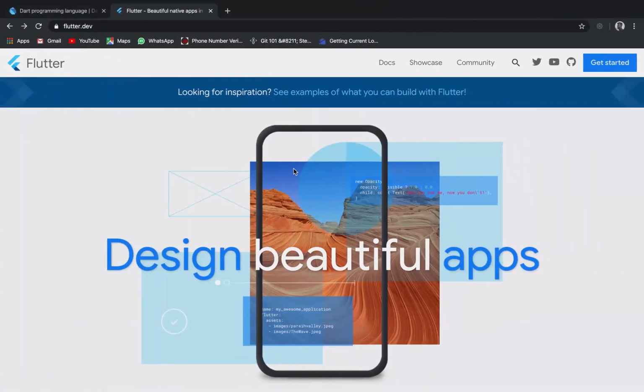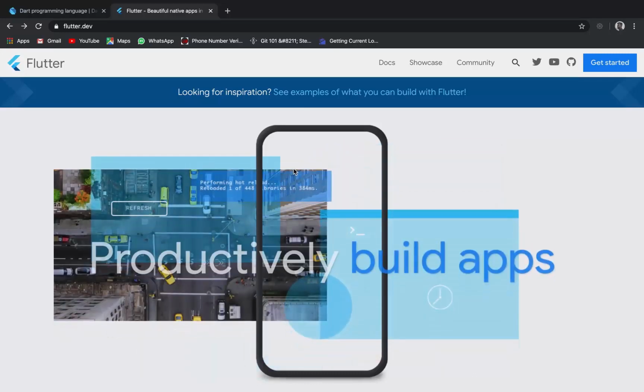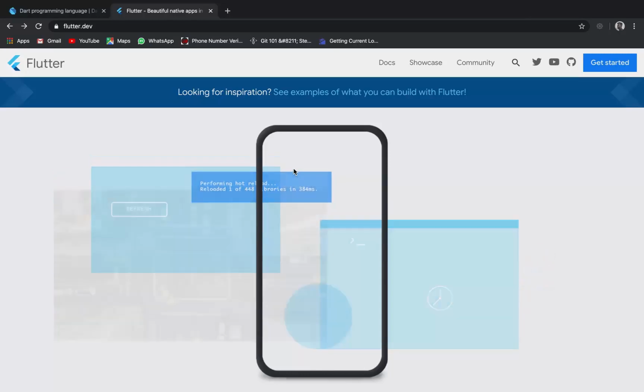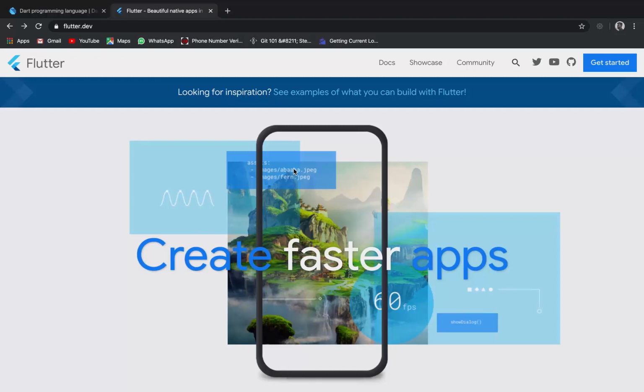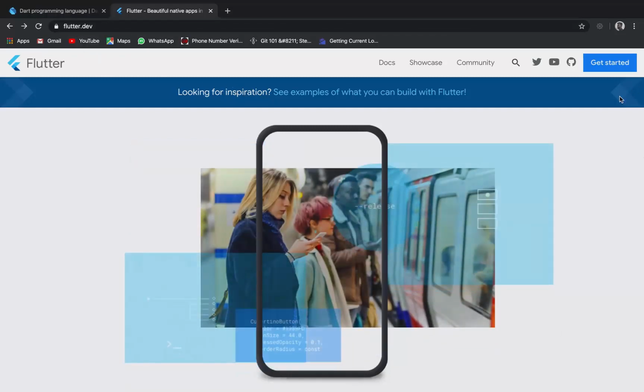So Flutter is basically an open source UI development kit created by Google. It is used to develop applications for Android, iOS, Windows, etc. So to get started, open your browser and then open flutter.dev. Then click on get started,